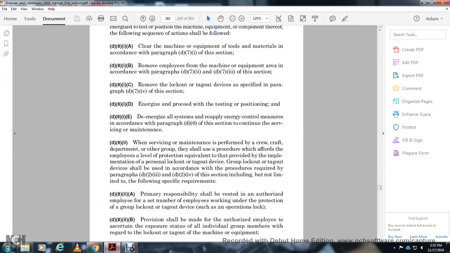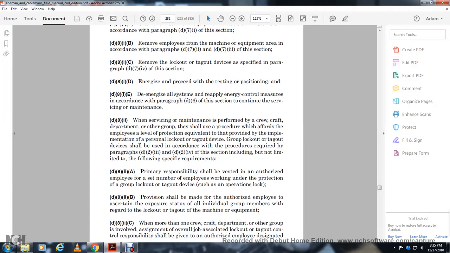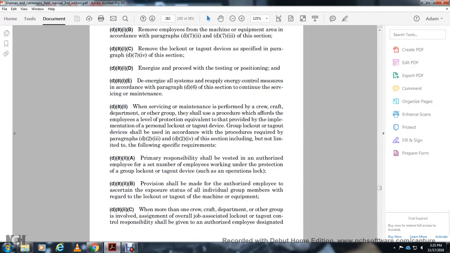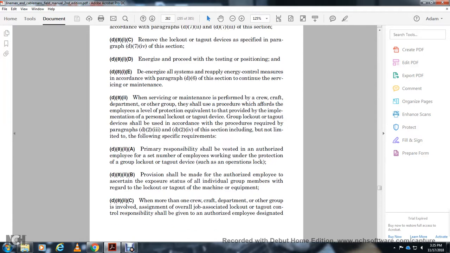Primary responsibility shall be vested in an authorized employee for a set number of employees working under the protection of a group lockout device. Provision shall be made by the authorized employee to ascertain the exposure status of individual group members with regard to the lockout or tagout of the machine or equipment. When more than one crew, craft, or department is involved, assignment of overall job-associated lockout or tagout control responsibility shall be given to an authorized employee designated